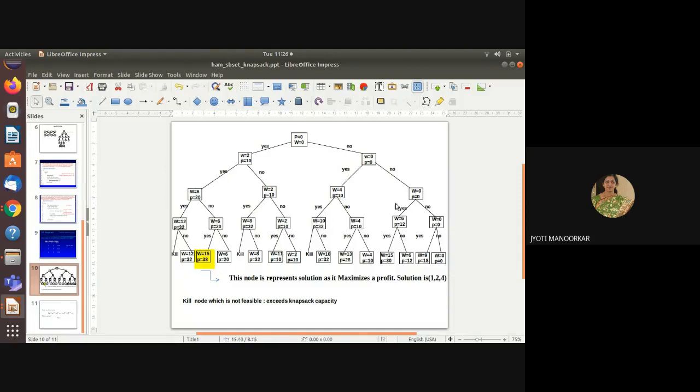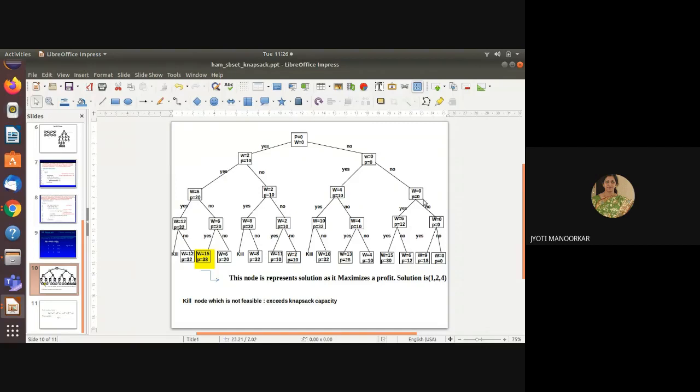Then similarly the same calculations will occur for our right child for W is equals to 4 and P is equals to 10. Okay. And as we are not considering the third atom actually being included, the weight will remain as it is and profit will also remain as it is. So W is equals to 4 and P is equals to 10. Then similarly the same things we are following for creation of these left child and right child.